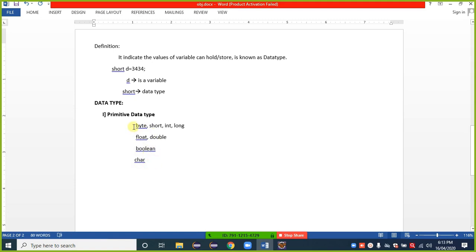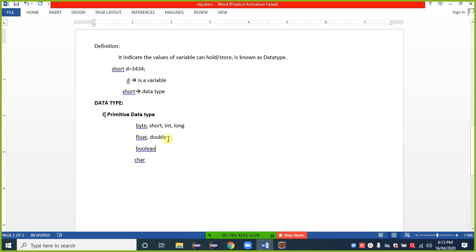So what is the main function of these data types? Java only makes some groups here. Suppose I have a numerical value, either positive or negative, then I can choose any primitive data type from these.